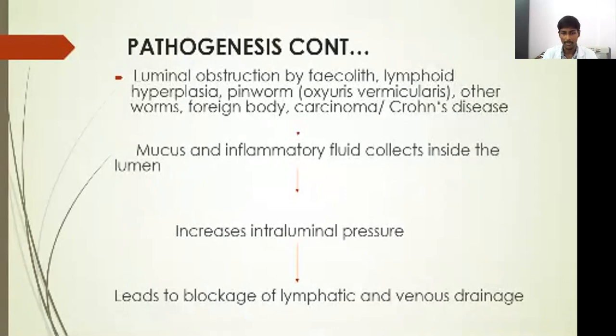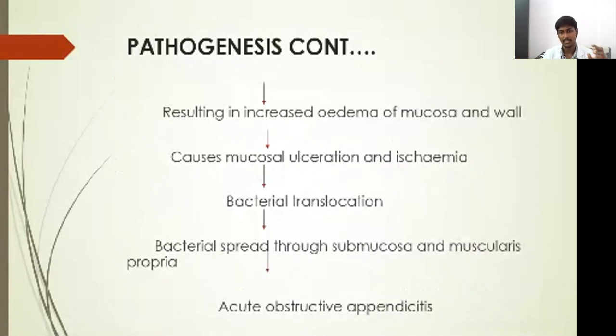As the mucus and inflammatory fluid gets collected inside the lumen, the intraluminal pressure inside the appendix increases, which leads to the blockage of lymphatic and venous drainage. This obstruction to the lymphatic and venous drainage results in increased edema of the mucosa and wall of the appendix, causing mucosal ulceration and ischemia, which leads to bacterial translocation into the appendix, causing bacterial spread through the submucosa and muscularis propria,